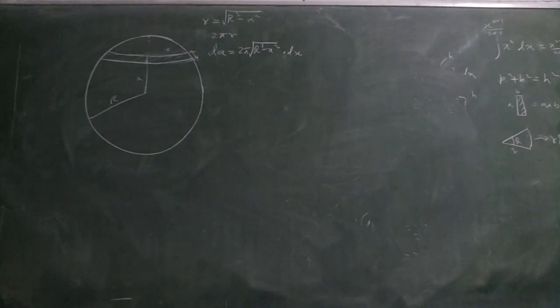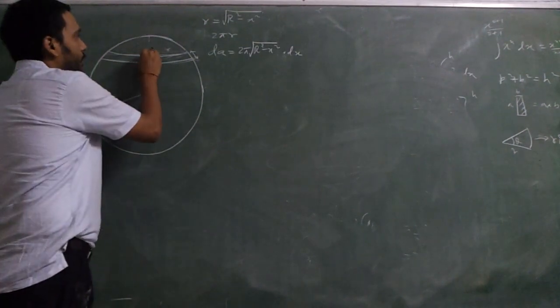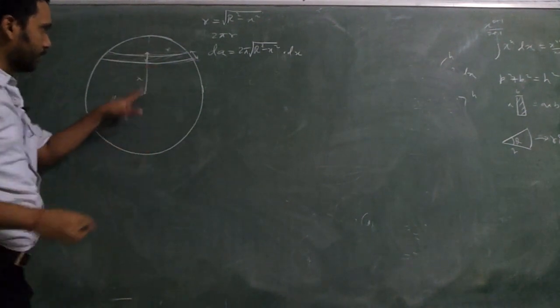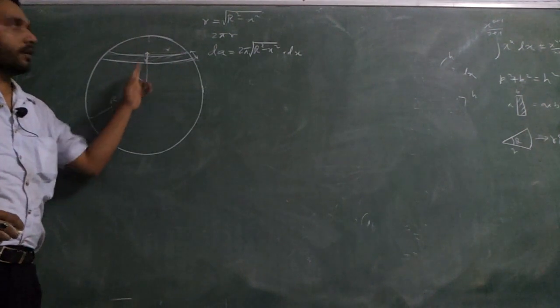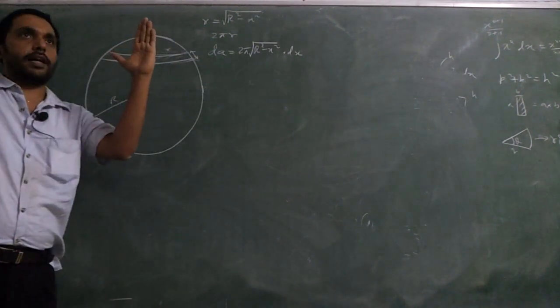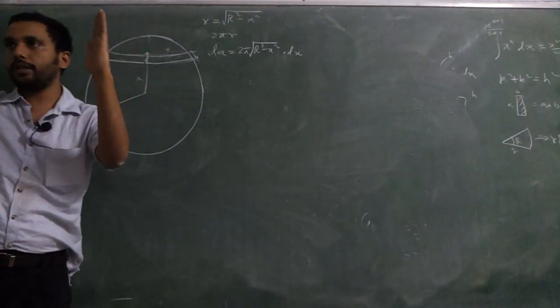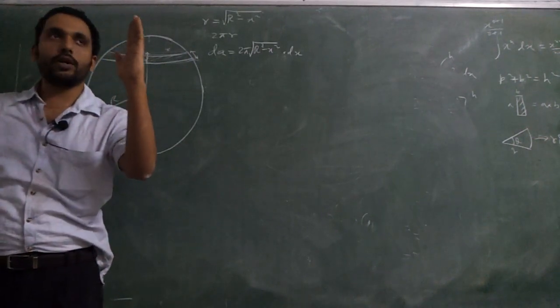What is your dx? dx is how much up you have gone at the center. This is x at the center, at the axis of the sphere. dx up you have got. And on the side it is something like this. This is your dx, that slant length is not your dx. Is it clear? That slant length is how much? You don't think that it is also small.